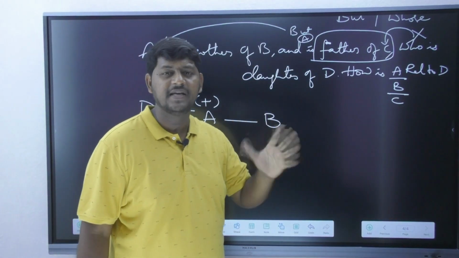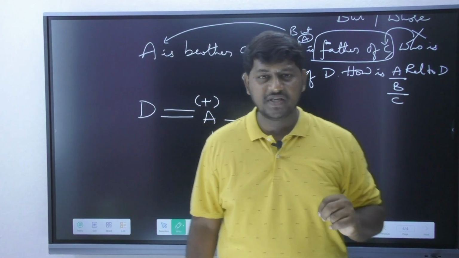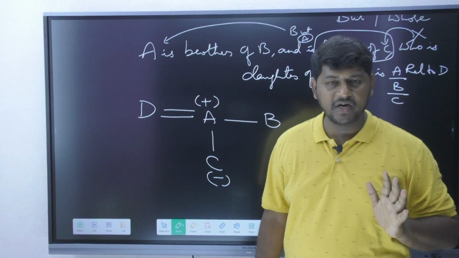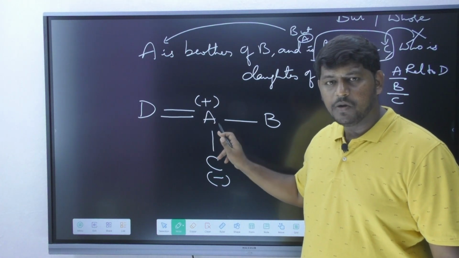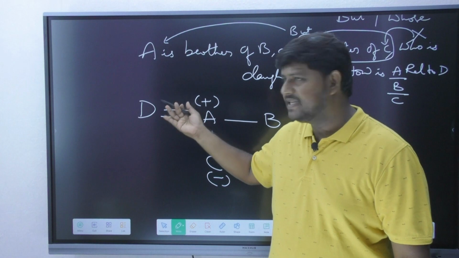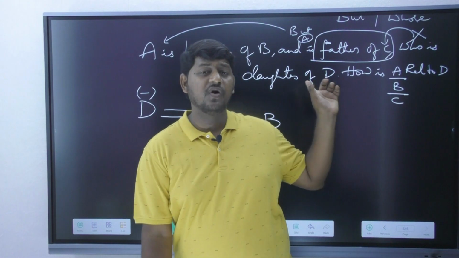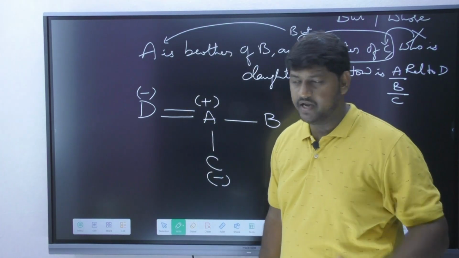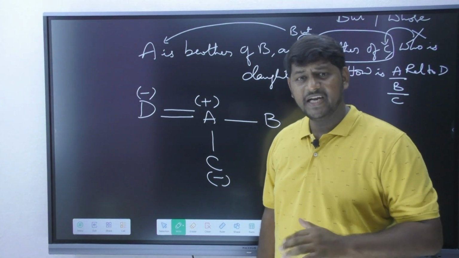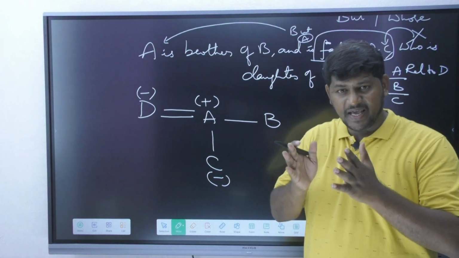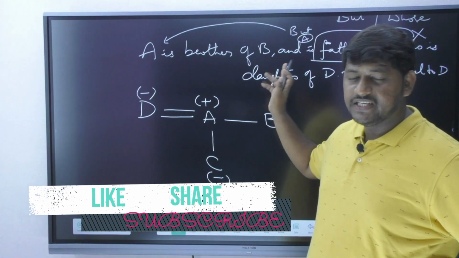In the line, your examiner is never going to reveal what is the gender of D. But my rule number 2 states that male and male, female and female cannot get married to each other, and you already knew this. A is a male. When A got married to D, can I say it for sure that D is a female? Yes. Even though my examiner is not giving any information regarding D's gender, we can confirm the gender of D by using the rule number 2. I told you it appeared to be very funny or silly, but that exact rule always helps us to find out the gender in the particular question, even if it is missing in the line.